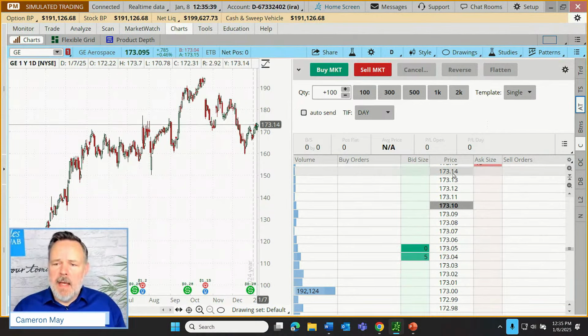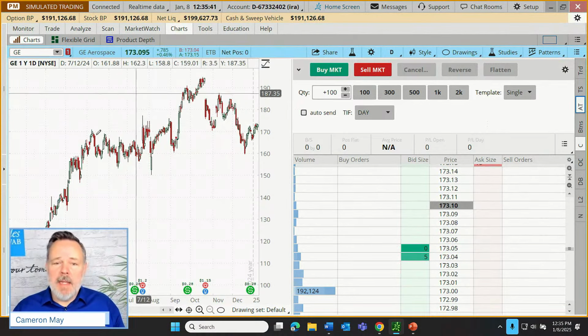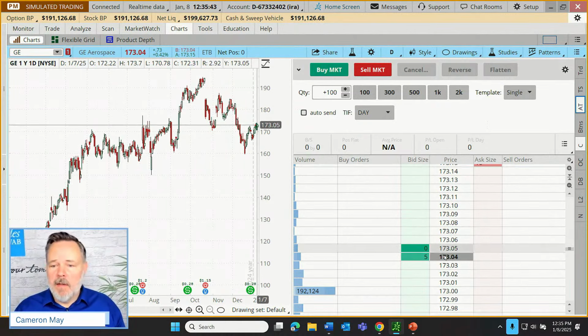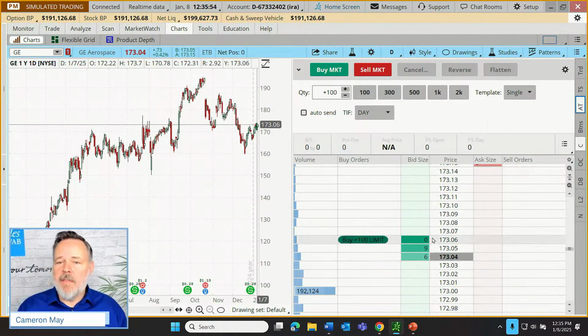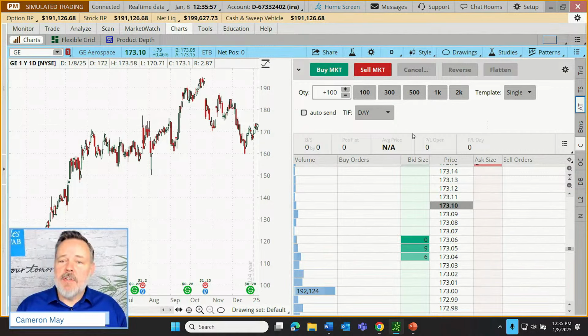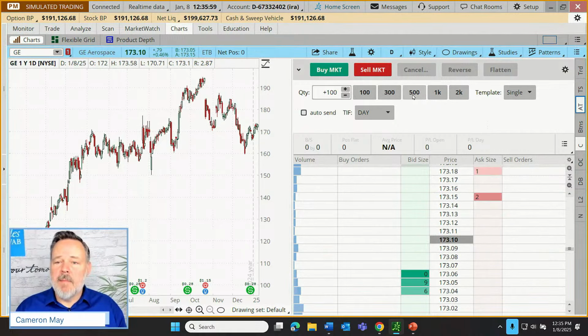It gives us a tick by tick breakdown of the price of the stock, and it shows us any open orders at those different prices. It shows us the trading volume off to the left, and it allows us to enter trades right up here at the top with some default quantities, a default time and force. Obviously, these are also customizable. So again, with each of these, get into the simulated trading environment, just experiment, see what happens, click on things.